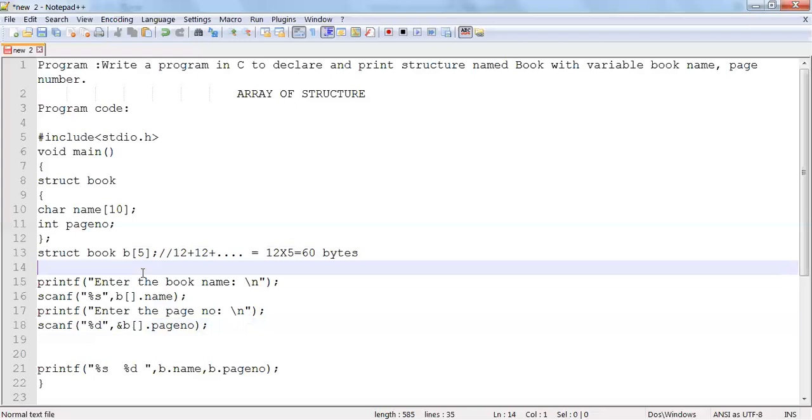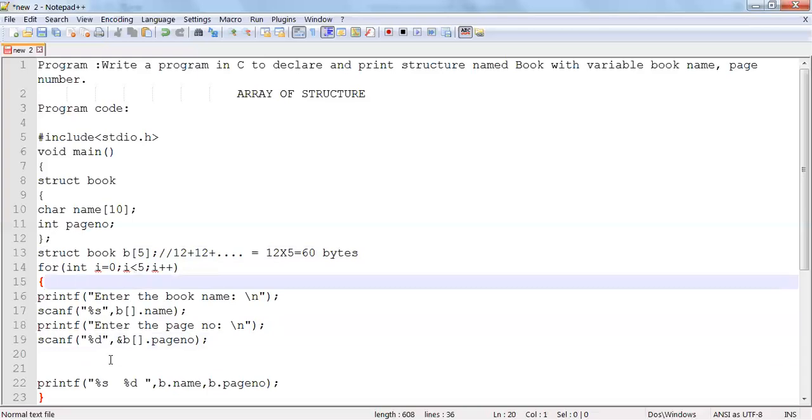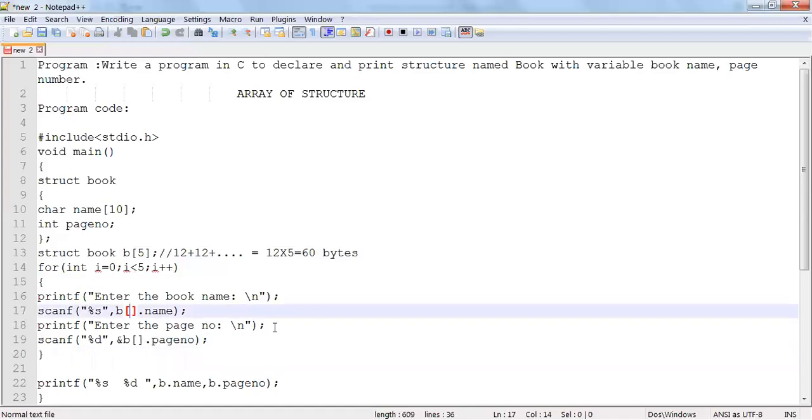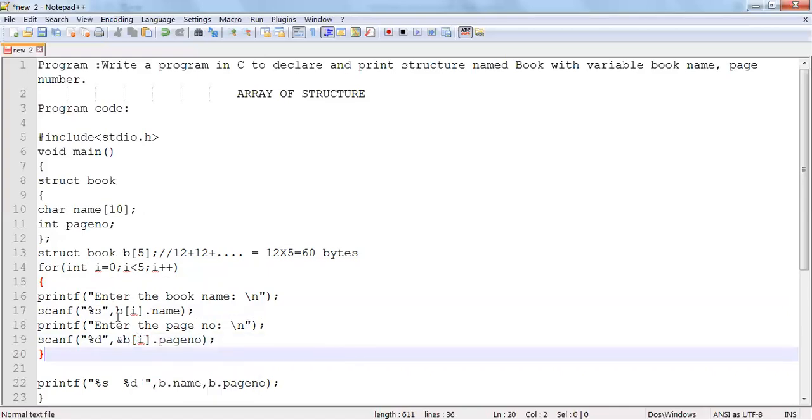So similarly, just write a for loop. We will write for loop, int i starts from 0, i less than 5, because I have given the size 5, and i plus plus, and within that this will iterate. So what I will write here now, i and again i. See how the program works. The program starts from 0 till less than 5. That means 0, 1, 2, 3, 4, 5 iterations.